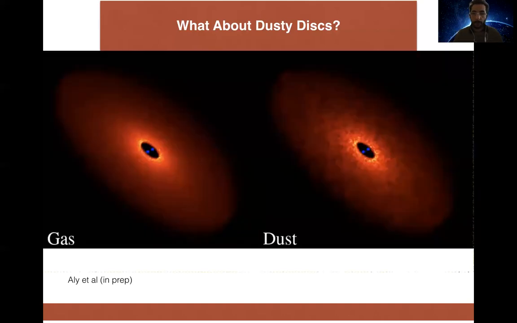I'm going to play a video of the simulation to show exactly what happens. I think if there's anything I'd like people to take home from this talk, it is this video. So gas will be on the left, dust on the right, and you will notice that the gas precesses rigidly, whereas the dust warps because it has different precession at different radii. In the beginning, there will be some ringing in the dust. That's just the dust settling. It dampens very quickly, and then you see the structures form. First the inner one, and then the outer one will take over.